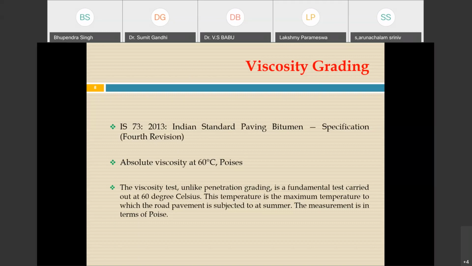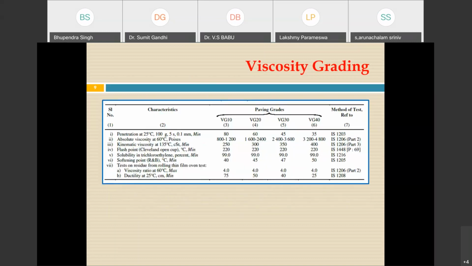As we discussed, the viscosity test, unlike penetration grading, is a fundamental test, which is carried out at 60 degrees Celsius. Why is this 60 degrees Celsius temperature chosen? Because this is the maximum temperature which is experienced by the road pavement in the summer. So that is why we consider 60 degrees Celsius, check the absolute viscosity, and based upon that we grade our bitumen. This is the table which is given in IS 73